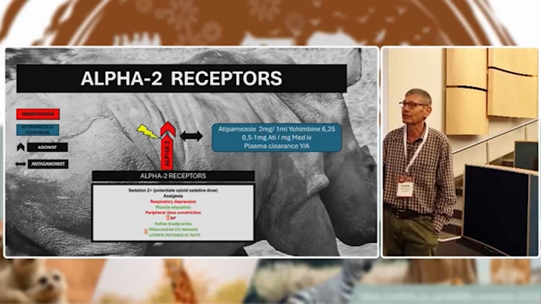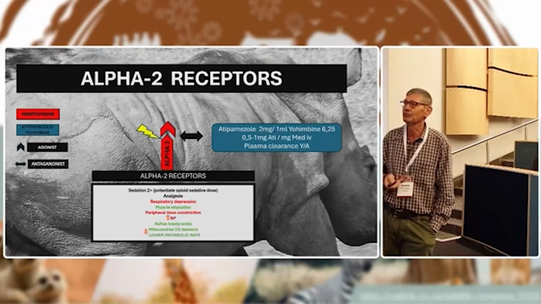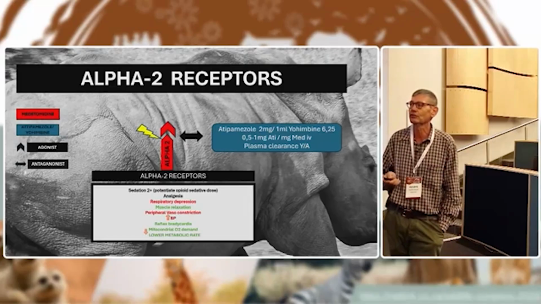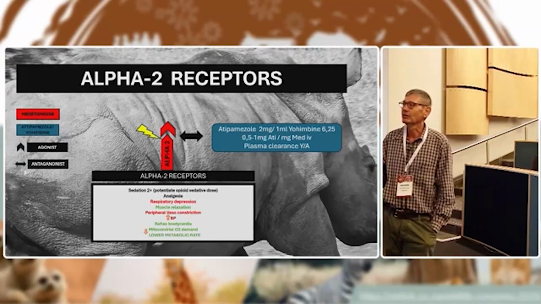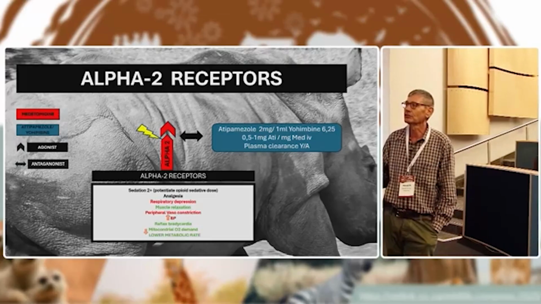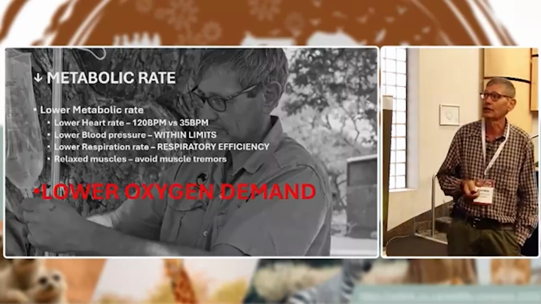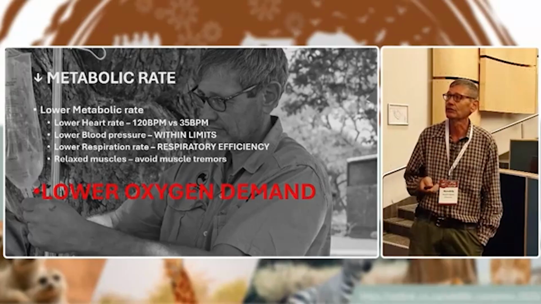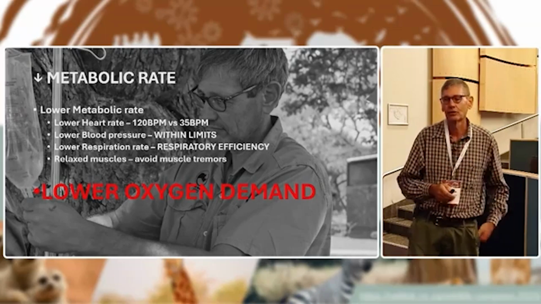Positive to me is the muscle relaxation. Negative is the peripheral vasoconstriction and the increase in blood pressure, which is not lasting through your whole procedure. You've got that reflex bradycardia. There's a lower mitochondrial demand because of the alpha-2, and overall a lower metabolic rate, which to me is very important, and gives you, if you get the sweet spot